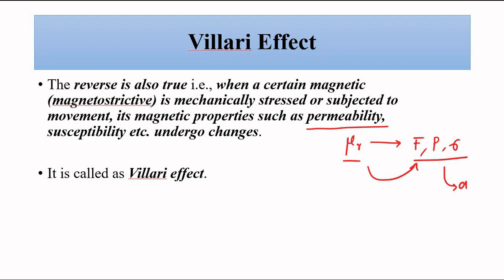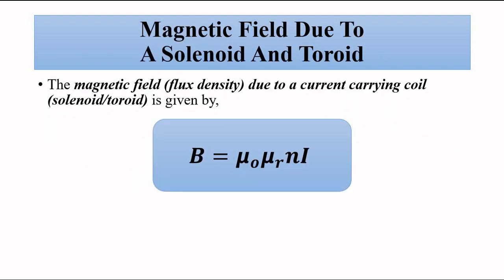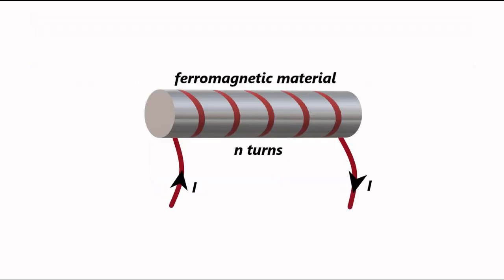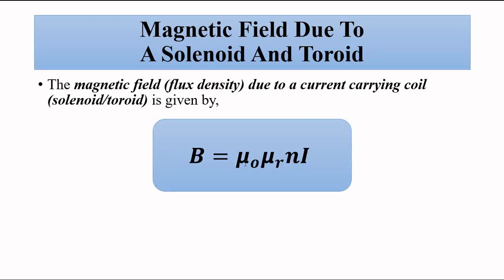We know that the main design characteristic used here is the ferromagnetic material, used in the form of a solenoid or a toroid, a ferromagnetic material with a number of turns of wire closely wound, and from that we try to measure these things. We know that the magnetic flux density due to a solenoid or toroid is given by this: